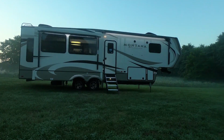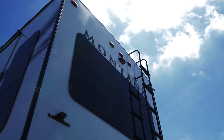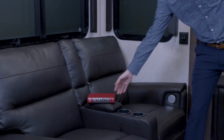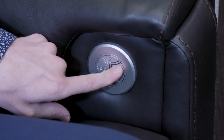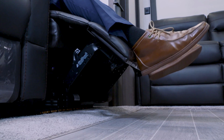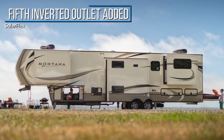The SolarFlex system also includes a 2,000-watt inverter that gives you unprecedented versatility while dry camping. We recently added a 5th inverted outlet in the living area to supply the heat, massage, and power recline functions to the theater seating. We've talked a lot about camping off the grid, but solar power can be a huge